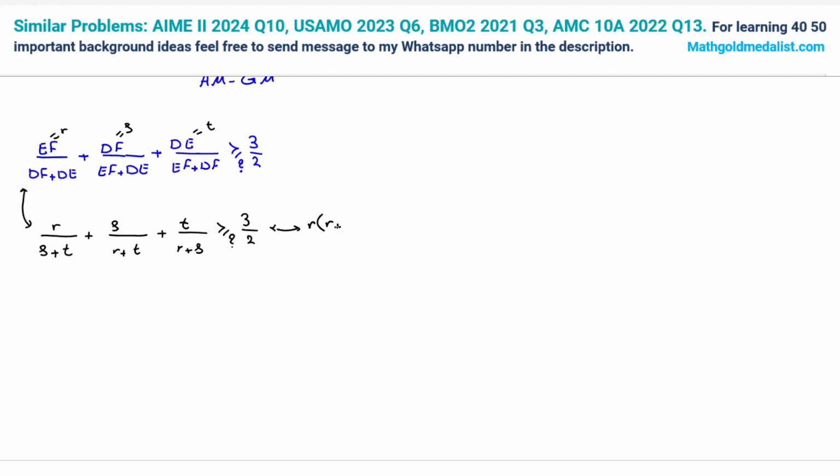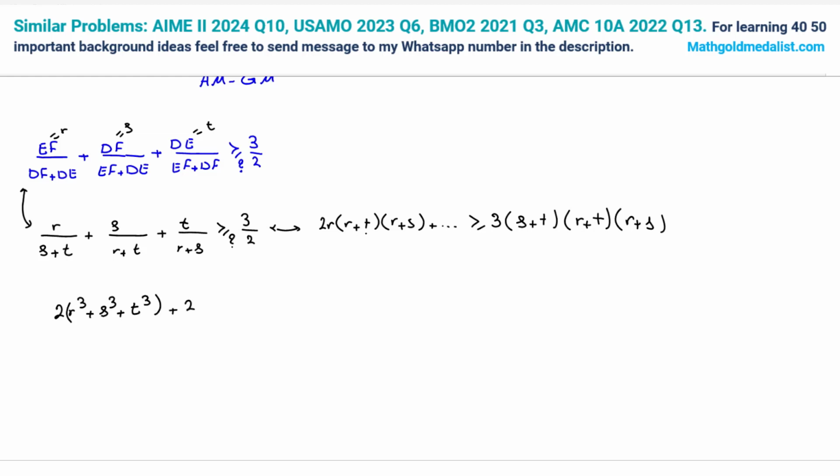to r times (r plus t)(r plus s), and similar terms, times 2, because of these two, is greater than or equal to 3 times (s plus t)(r plus t)(r plus s). Okay? Now we can say the left-hand side is what? We have 2r cubed here. Similarly, we have 2s cubed, 2t cubed,